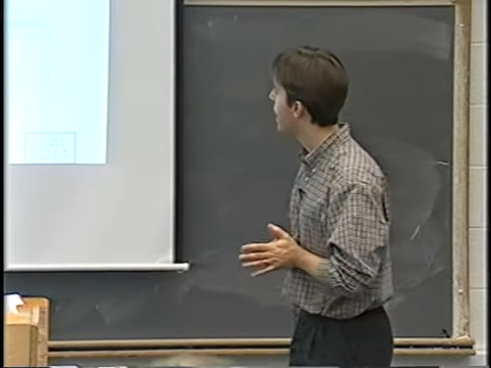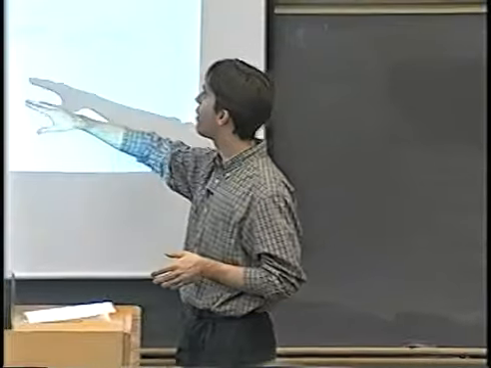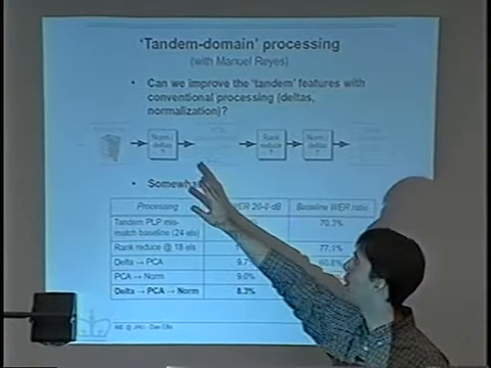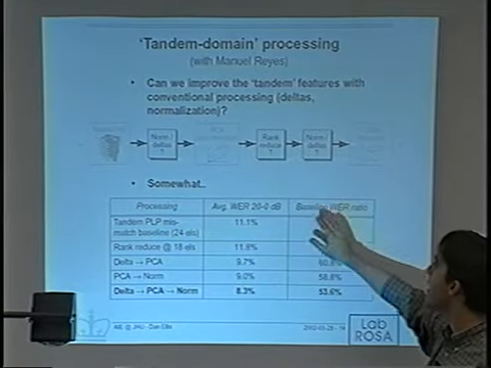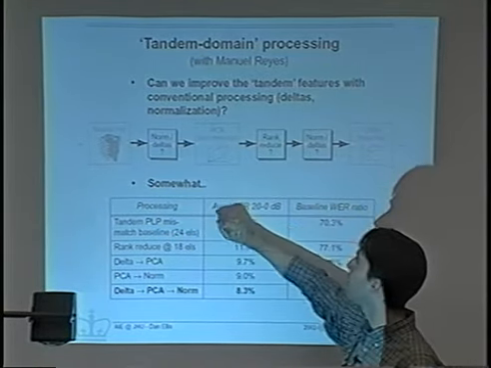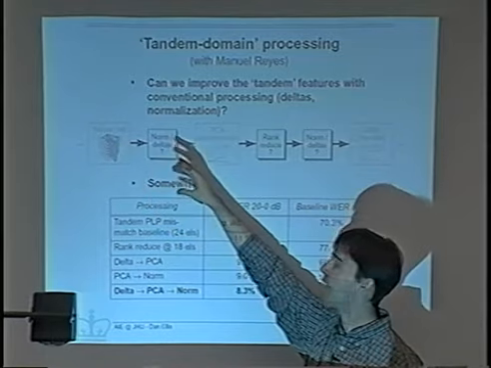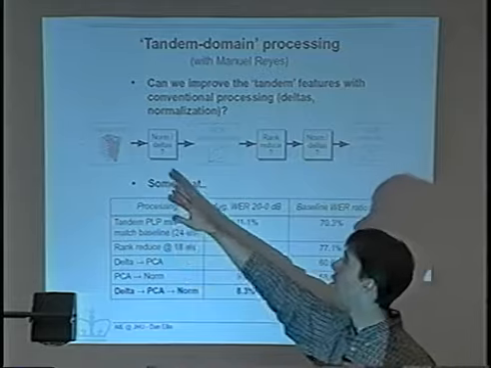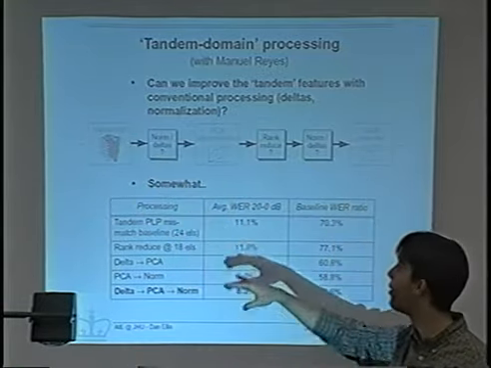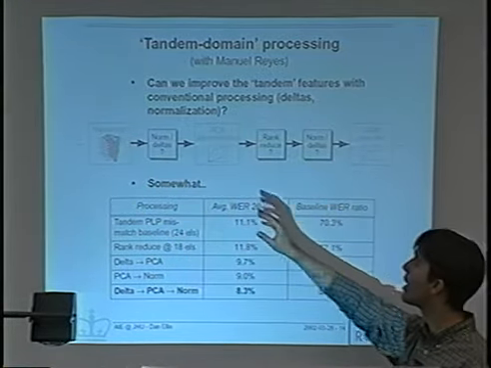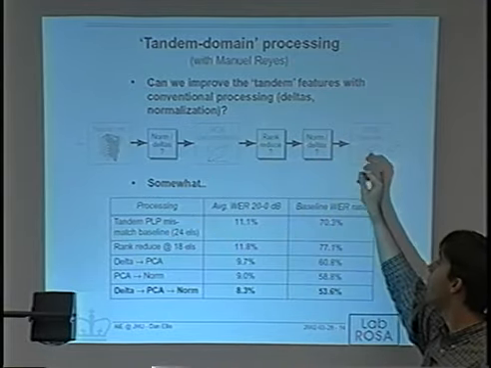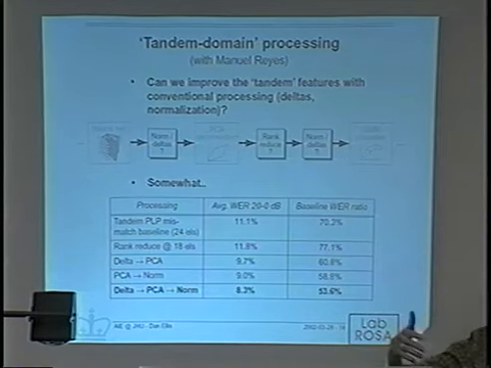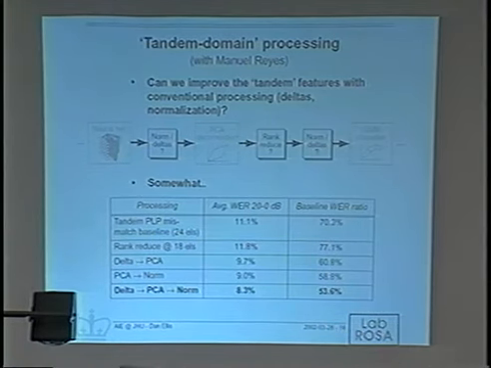Another question that we looked at is, well, we saw there were significant improvements simply by introducing this orthogonalization, decorrelation stage in between the neural net and the Gaussian mixture model. So maybe there are other things we can do in here to improve it. For instance, we could try to normalize the data either online or over utterances, or use deltas, the kinds of things we would normally do for features that we're feeding into a Gaussian mixture model. We could do that before or after the decorrelation. And also, if we're doing decorrelation, then we can talk about rank reduction by only taking the first few principal components of that.